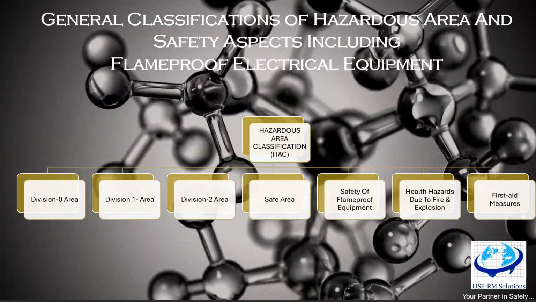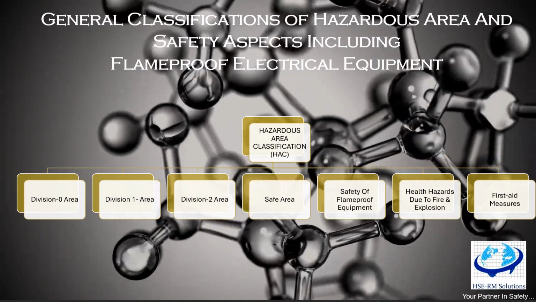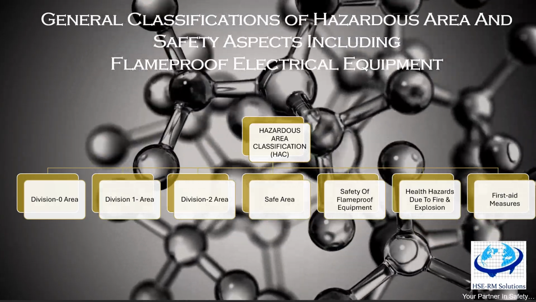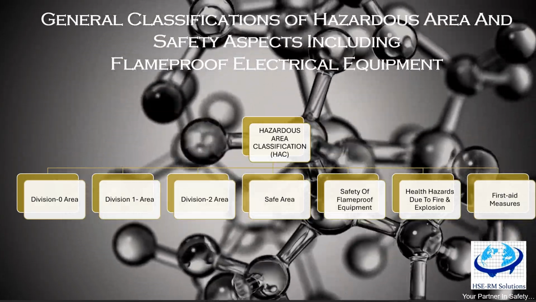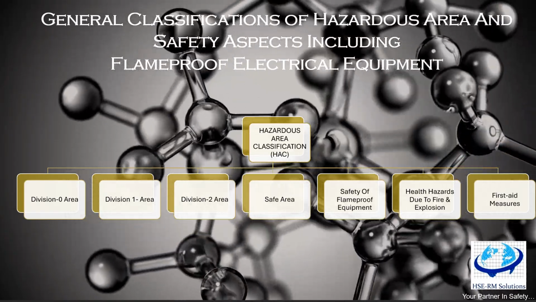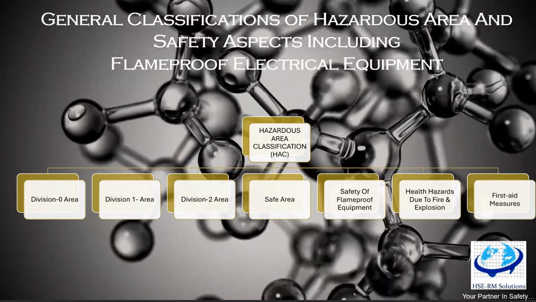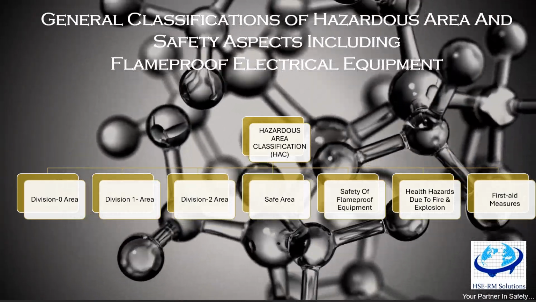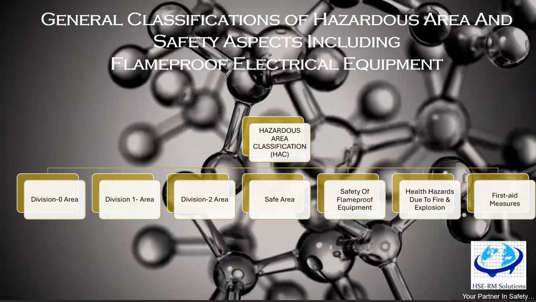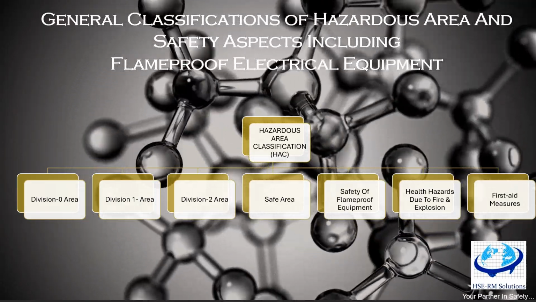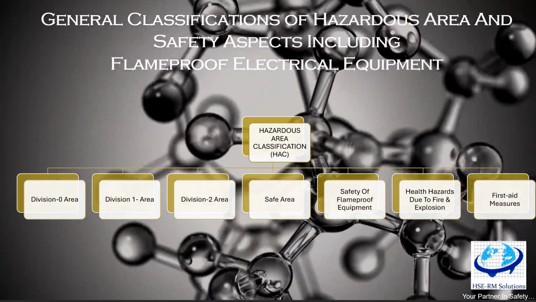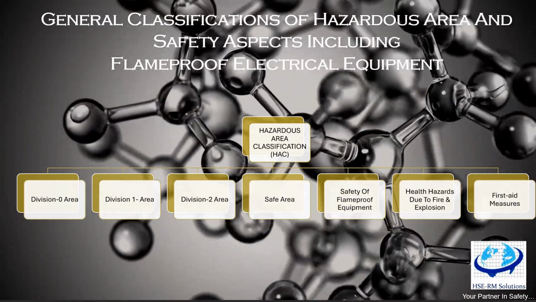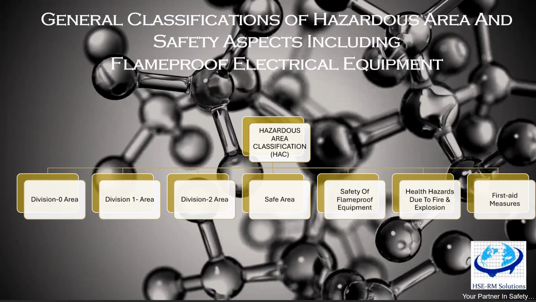So what is division 0 area, zone 0, you can say? It is an area in which hazardous atmosphere is continuously present. That means it is always present there and shall fall under the category since the hazardous atmosphere exists continuously. Any failure of electrical apparatus installed in this division 0 or zone 0 area would almost certainly lead to fire or explosion or both. Therefore, any installed electrical apparatus must afford a degree of protection as near as